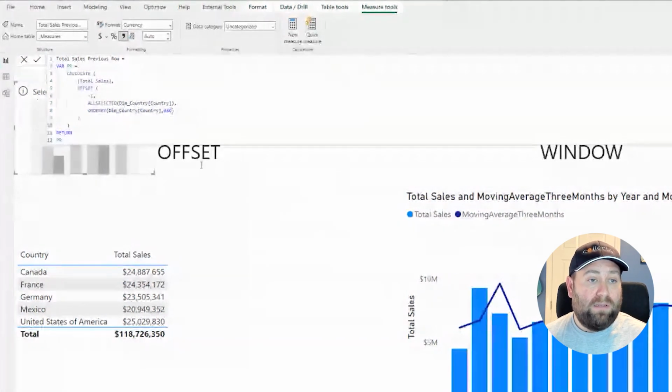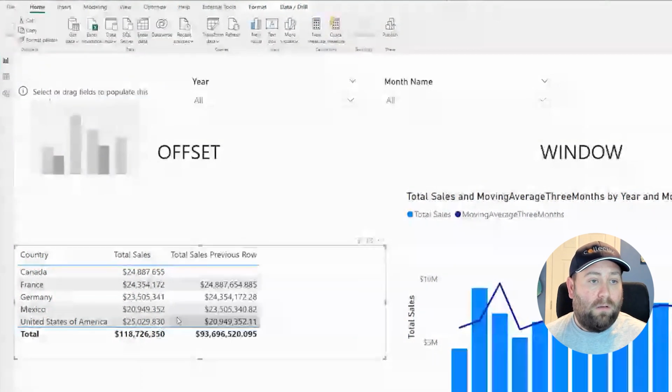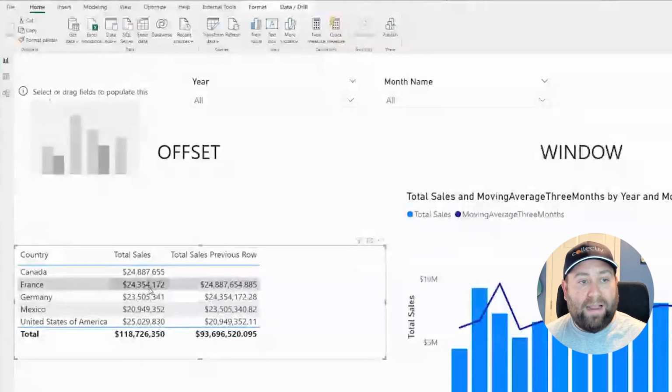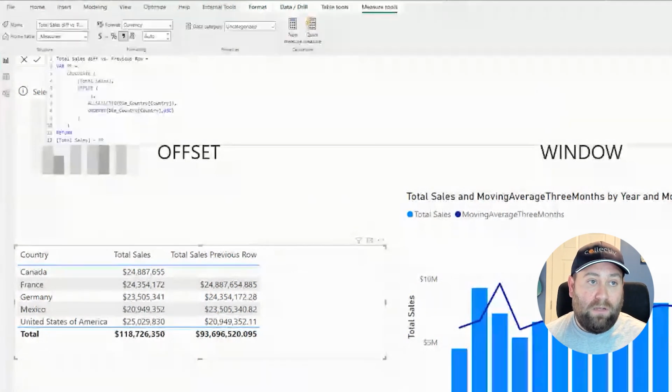So once we bring this into our table, you'll see the -1 brings us back a row. So France now equals the value of Canada, Germany equals the value of France, and so on. You can see the totals add up based off of our offset values. And the real bonus here is not just that we can provide this value, but we can provide values based off of it. So I've created another measure based off offset, and we're going to subtract our